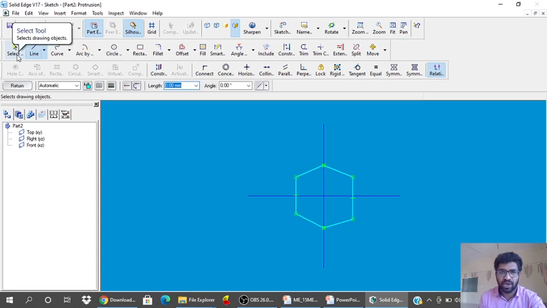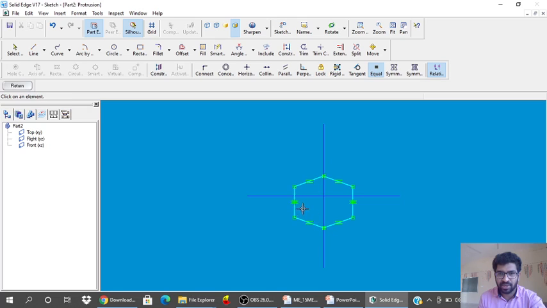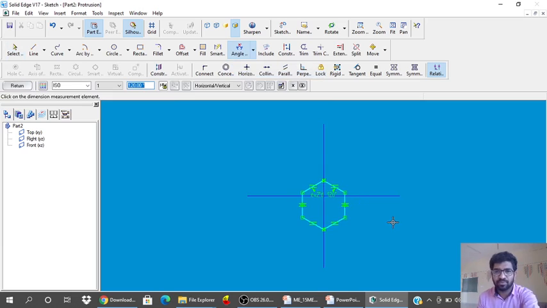So after drawing hexagon, make each line equal, select equal command, select this line, select this line, select this line and this line, this line and this line. So after making all the lines equal, give the angle between these two lines as 120 degrees.